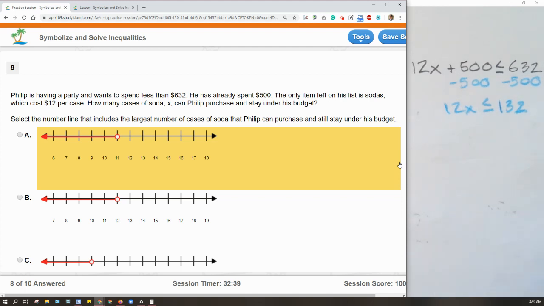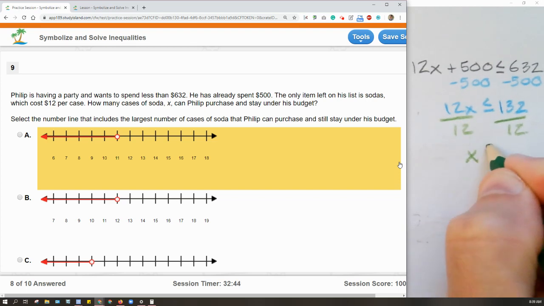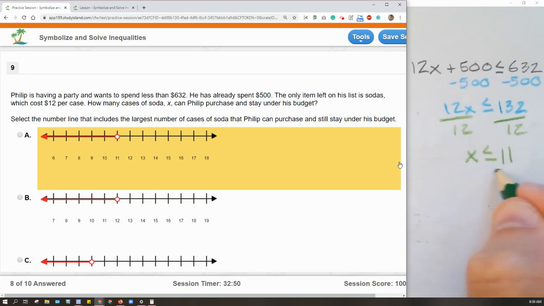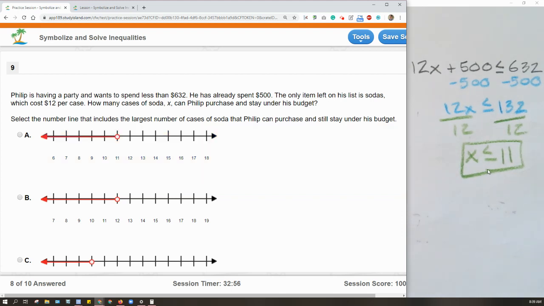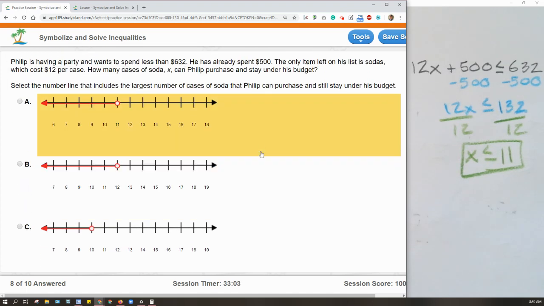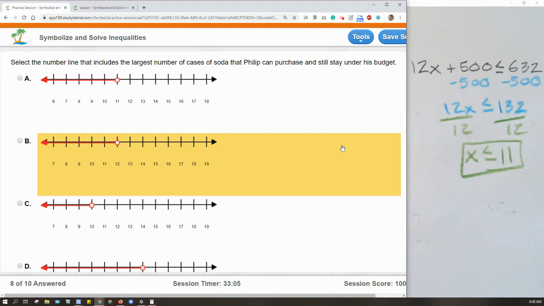We divide both sides by 12. And I get X is less than or equal to 11. 12 goes into 120 10 times. 132 is 12 more than that, so it's 11. So he can buy 11 cases of soda. Now, can he buy exactly that amount? Yeah. Can he buy more than that amount? No. Can he buy less than that amount? Yes. So really, we could have done this entire problem just looking at our answers, because we have, actually, I'm sorry,